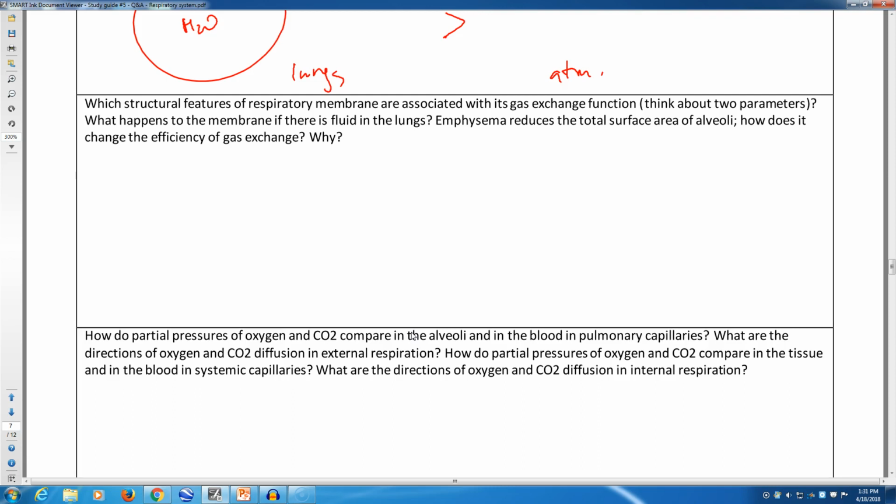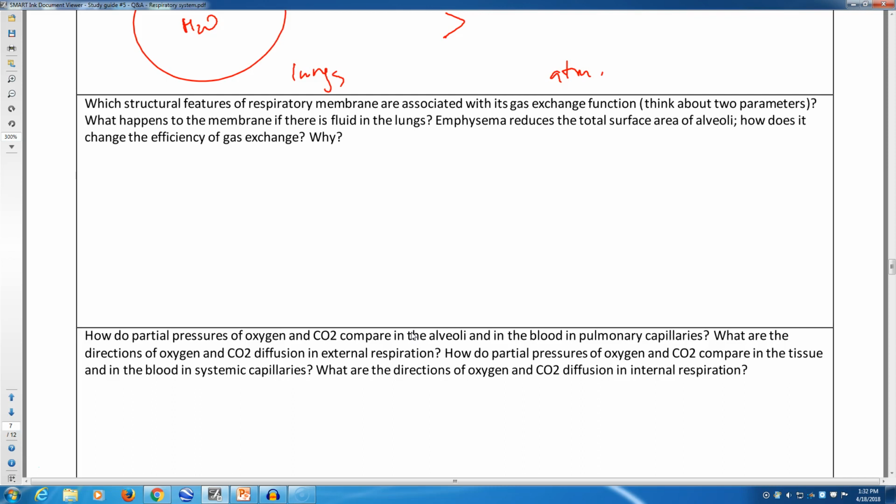Let's quickly go over gas exchange and transport. I am not going to ask numbers. The only numbers that I'm going to ask you to do are minute alveolar ventilation rates. Calculating. I'm going to give you numbers. You just need to subtract and multiply. That's it. Am I clear? I don't want you to memorize actual partial pressures. So,